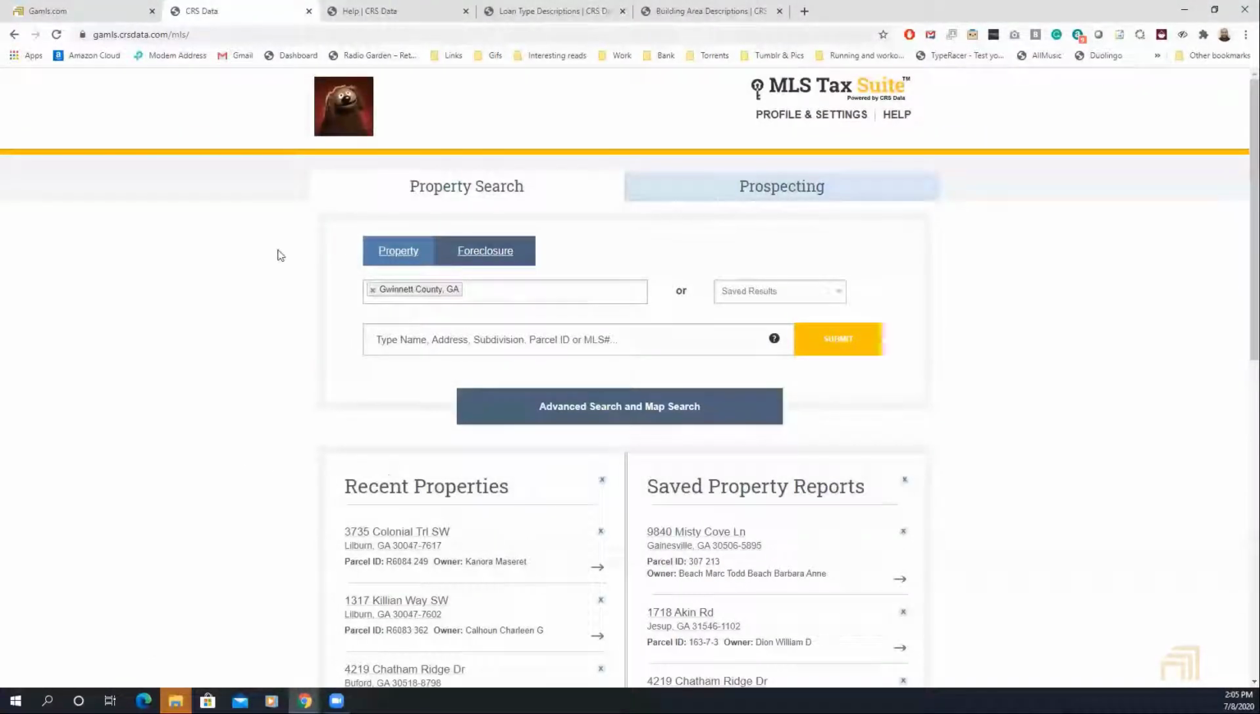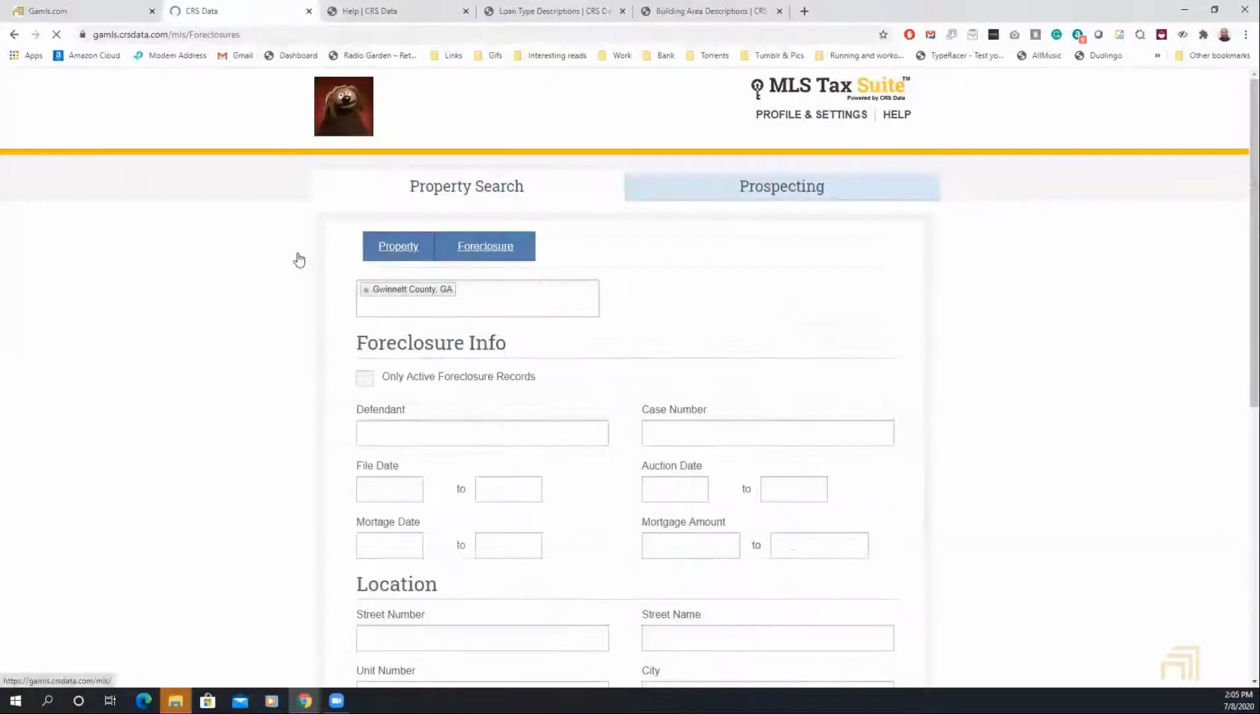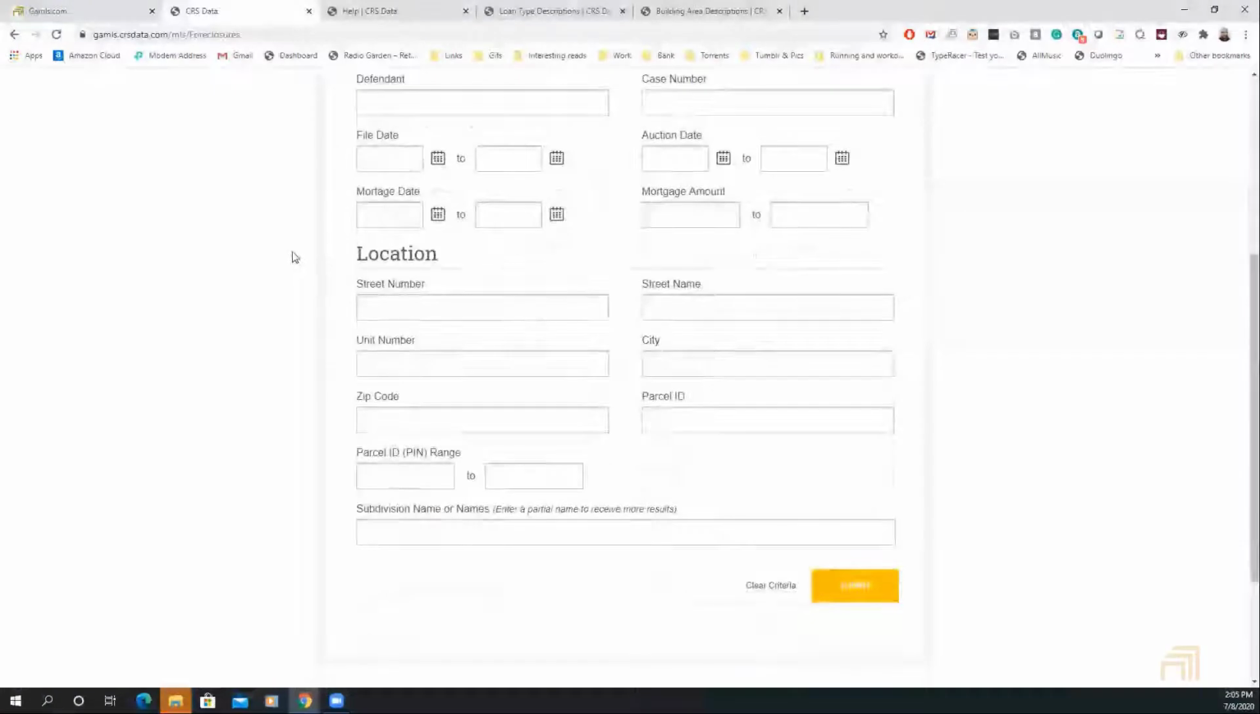Scrolling up to that search screen here, it seems pretty slim and trim, but there's a lot of functionality hidden within it. For starters, as you can see, not only can you run a property search, but you also have the ability through CRS to run a foreclosure search. Now, just as a